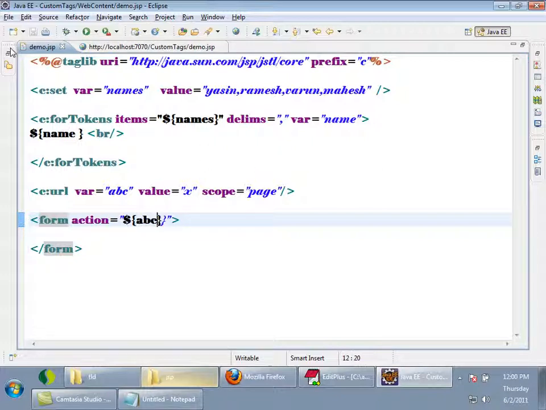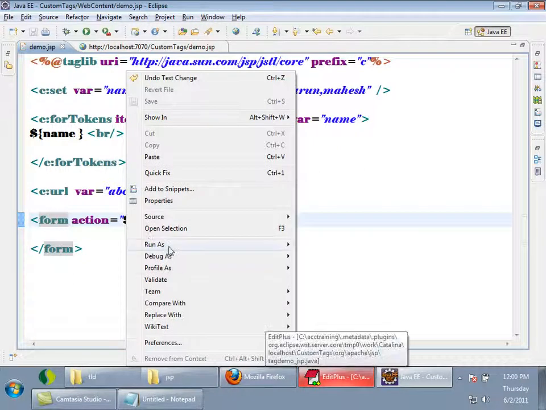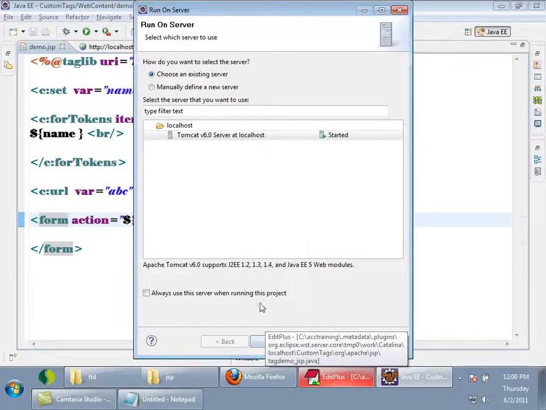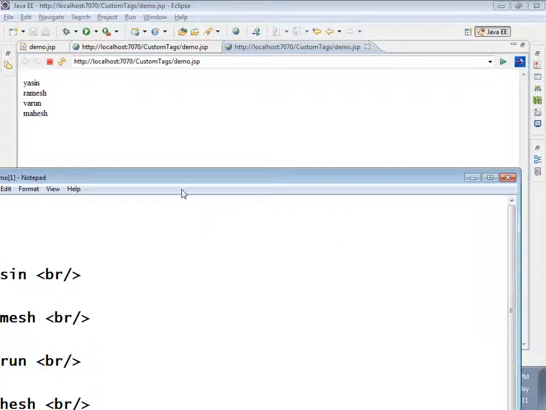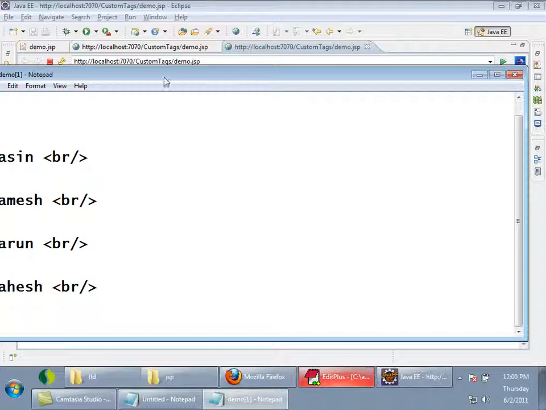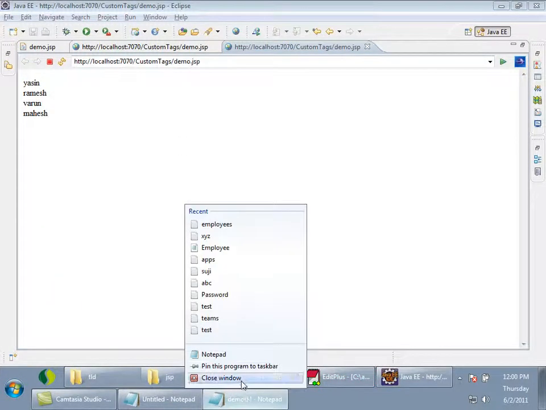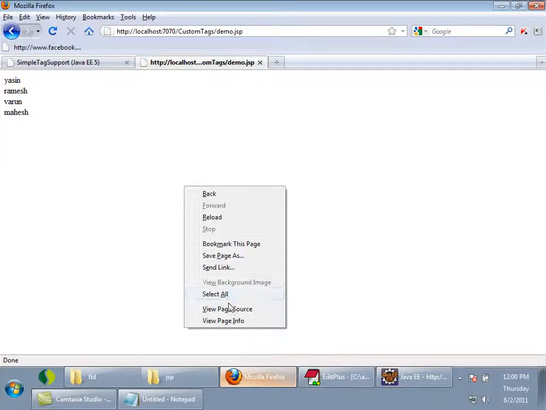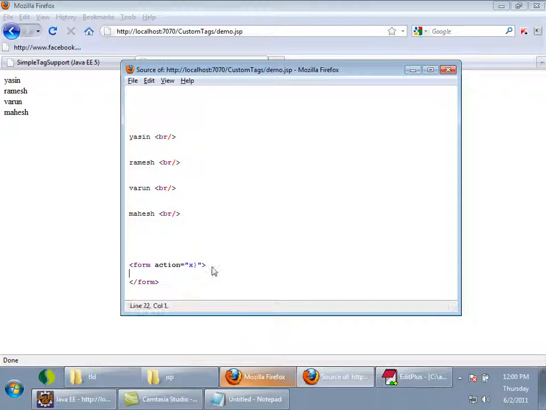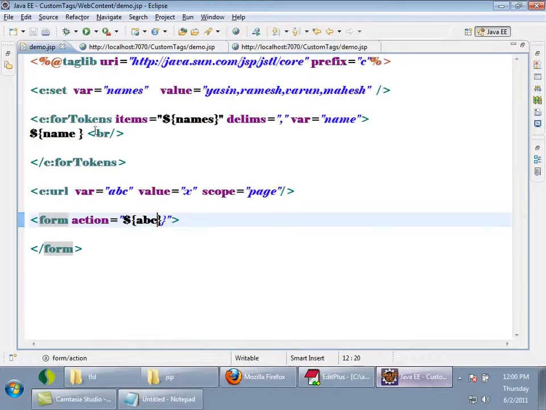Now let me just run and show you. Once I run and show you, you will be able to understand. And now I'll show you the source. I'll just use the external browser. Now I'll show you the source. Wait, something is missing here.